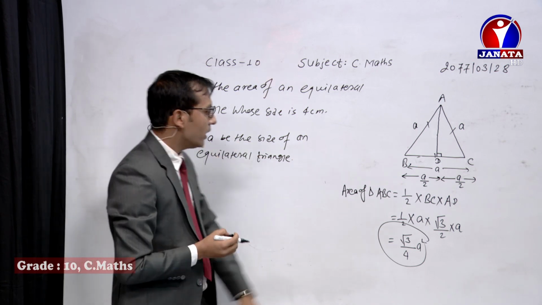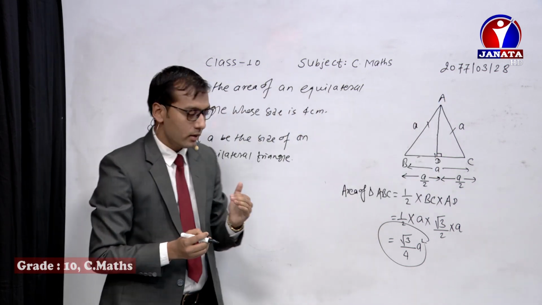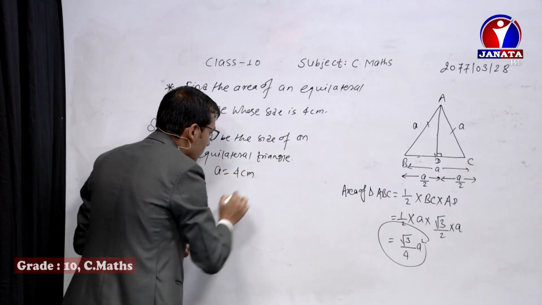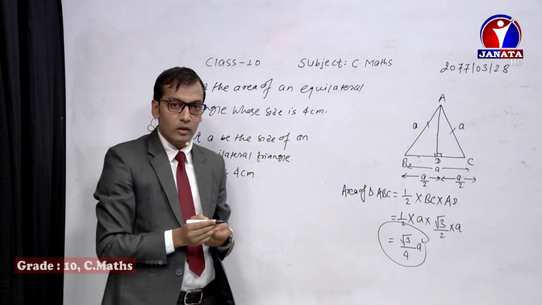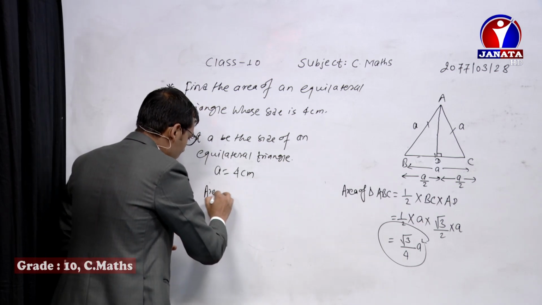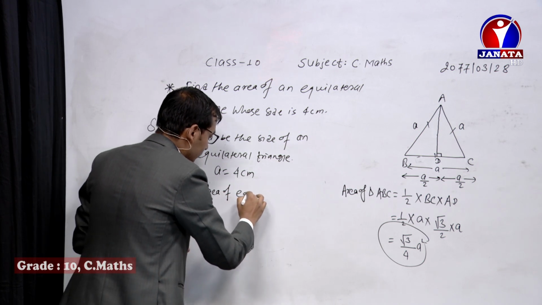So A can be either AB, AC or BC. It's the same. So what is A? So A is 4 centimeter. This is given. Now what is its area? So area of equilateral triangle